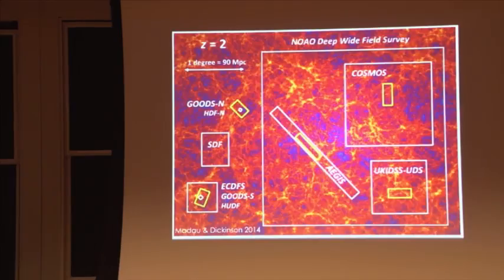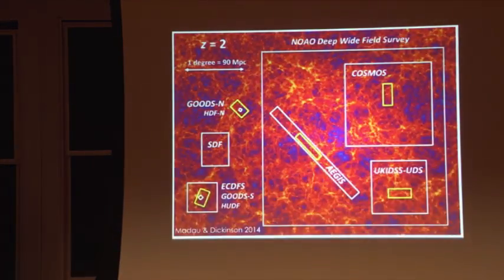So what CANDLES has done is to image 5 patches of the sky with Wide Field Camera, and there's ancillary data, as I mentioned, from many different telescopes at many different wavelengths. So what we had before these relatively wide field surveys were surveys like the old Hubble Deep Field. So this is a single HST pointing. And these fields are overlaid on what we think the large-scale structure in the dark matter looks like at a redshift of 2. And the point of this diagram is that these fields are very tiny compared to the structures. And so field-to-field variance was a huge issue up until this last generation of surveys.